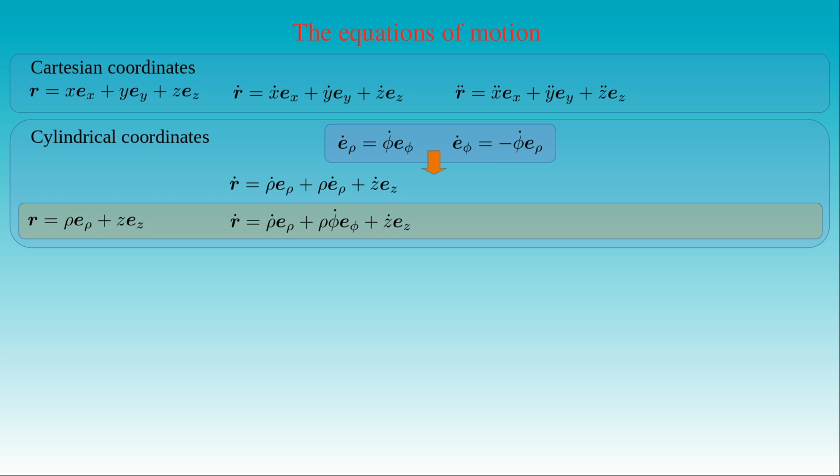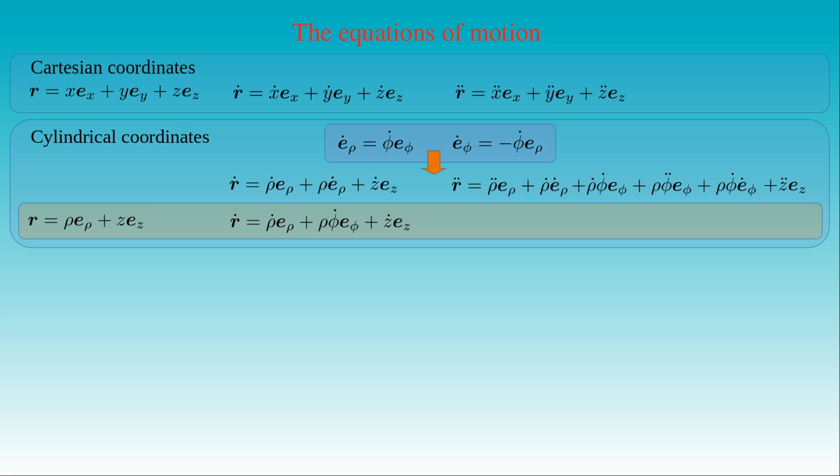Now we differentiate the first order derivative of the position vector r. The derivative of the first term of r dot, that is of the expression rho dot times e rho, is equal to rho double dot times e rho, plus rho dot times e rho dot. The derivative of the second term of r dot, that is of the expression rho times phi dot times e phi, is equal to rho dot times phi dot times e phi, plus rho times phi double dot times e phi, plus rho times phi dot times e phi dot. The derivative of the third term of r dot, that is z dot times ez, is simply z double dot times ez since ez is constant.